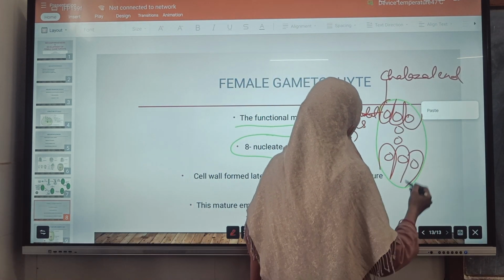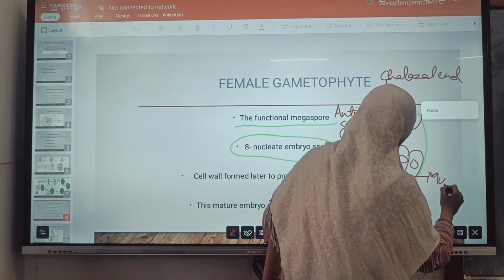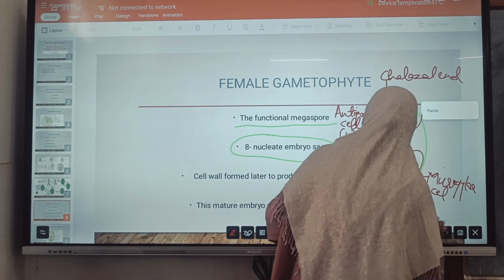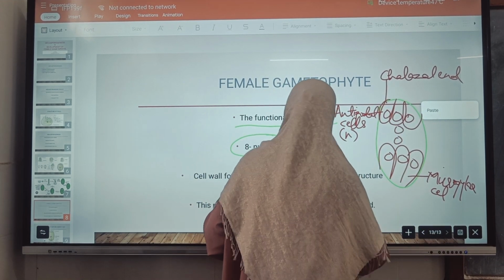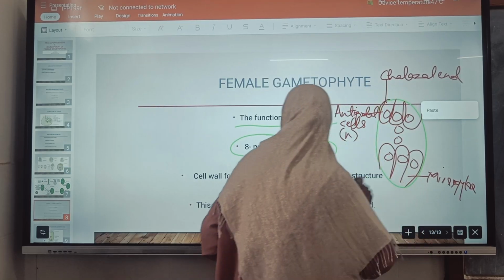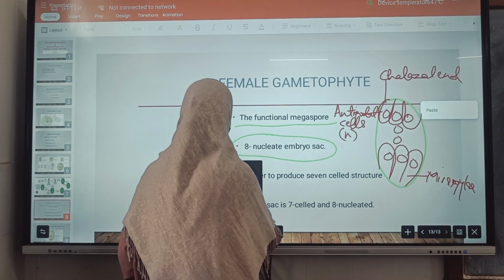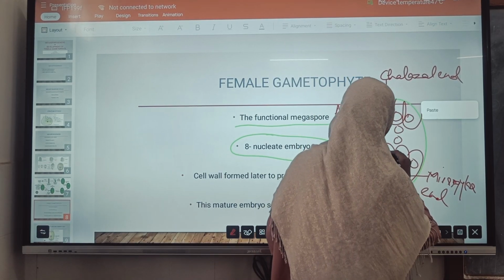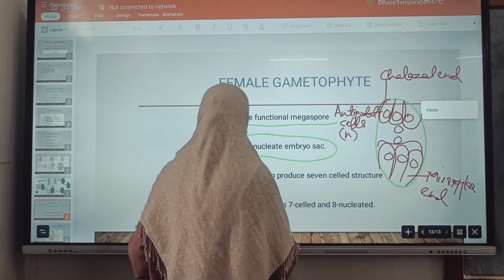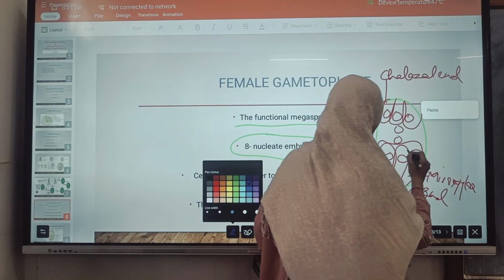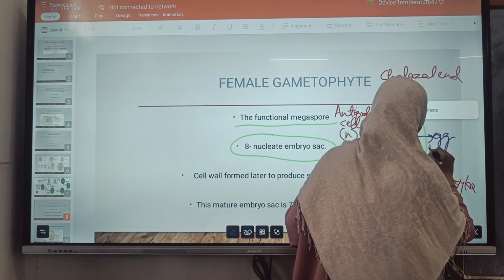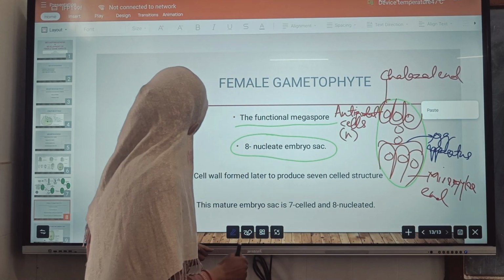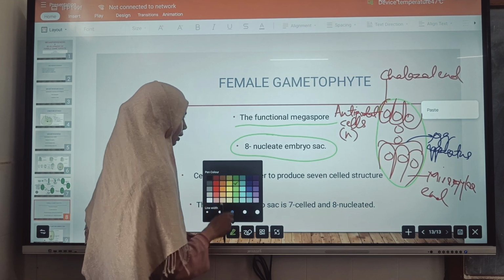Then opposite to this, the 3 cells which are formed at the micropylar end of the megasporogenesis are called the egg apparatus. These 3 cells are called egg apparatus. And out of these 3 egg apparatus, one central cell is